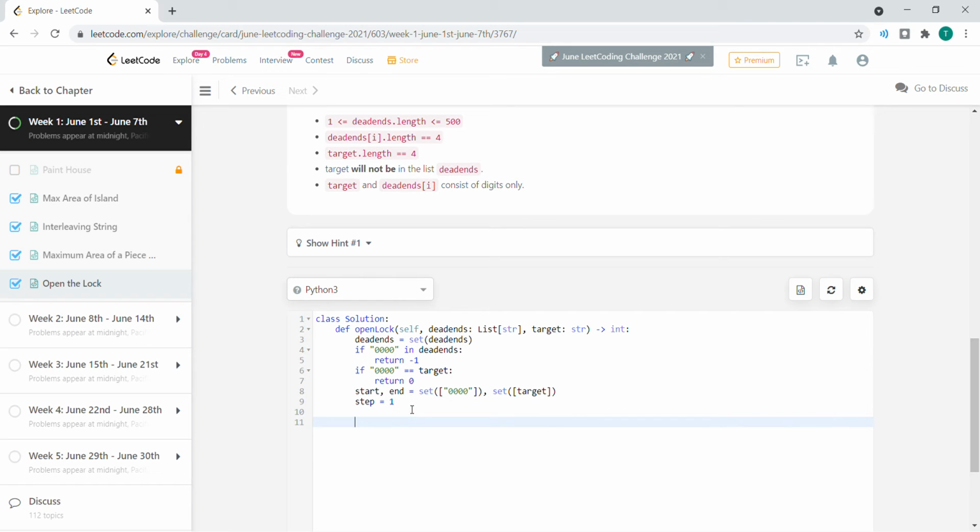All right, so let's start our approach for a breadth first search. So let's enter while start, right? While the starting set is not empty, we are going to make a new set, a new starting point. New start, and that's going to be a set. For each item in start, we are going to cycle through each element of each item. So for i in range of length of item,